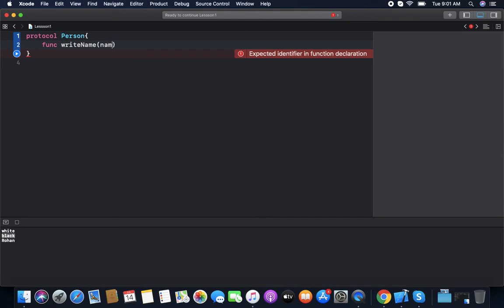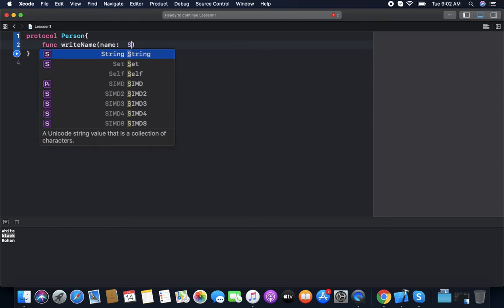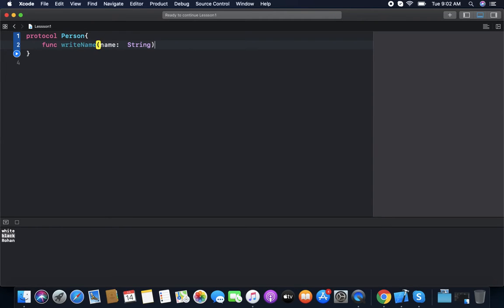I take name as a parameter. So it's just a declaration of a function. It's just a blueprint.